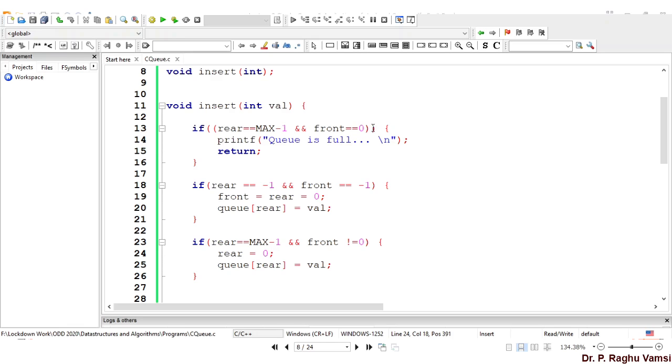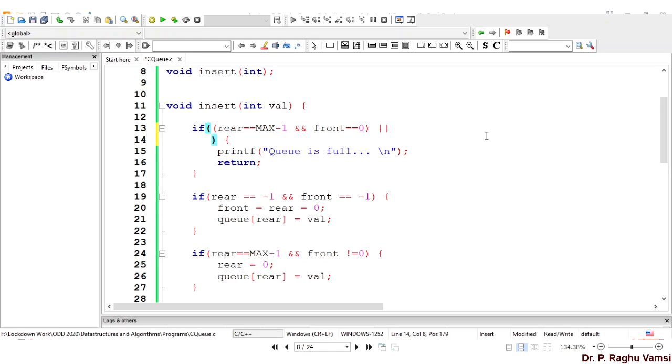So along with already available condition, I will add one more condition that when rear is equal to front minus 1, because if front is 2, 2 minus 1 is 1. So 0, 1. Two slots will be there, front minus 1.